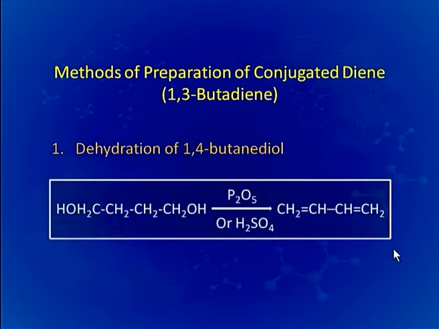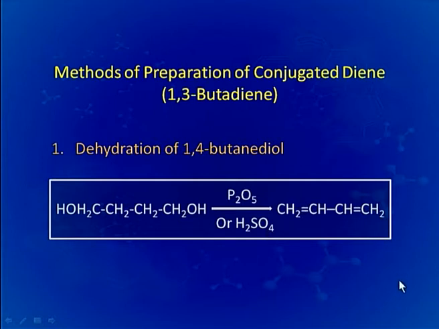Now, coming to the methods of preparation of conjugated dienes, we will take the example of the simplest diene, that is 1,3-butadiene. This can be prepared by the dehydration of 1,4-butane diol. We can see here that the OH group is present at carbon number 1 and carbon number 4. So, after dehydration, H and OH will be removed from here and H and OH will be removed from here. So, 2 moles of water will be taken out in the presence of P2O5 or sulfuric acid